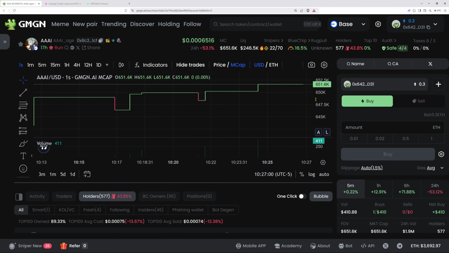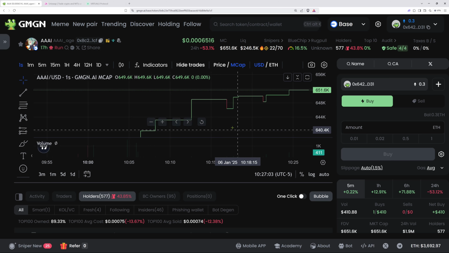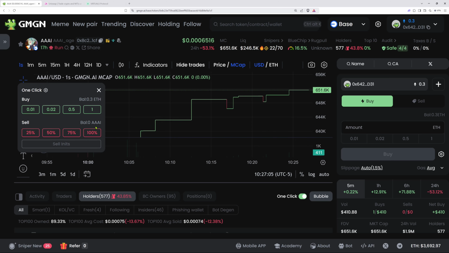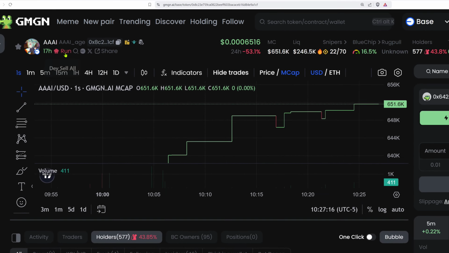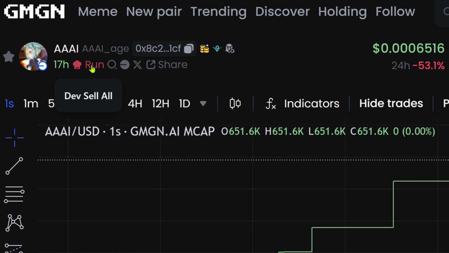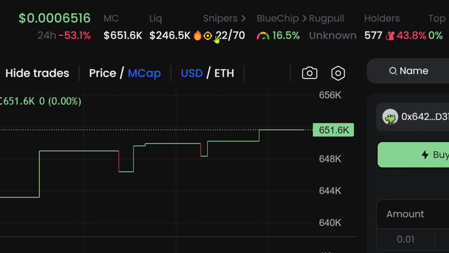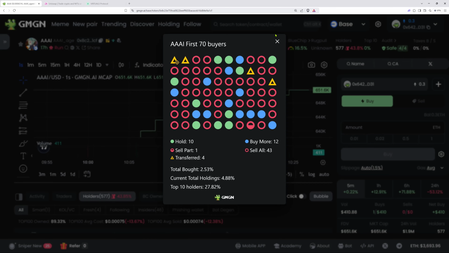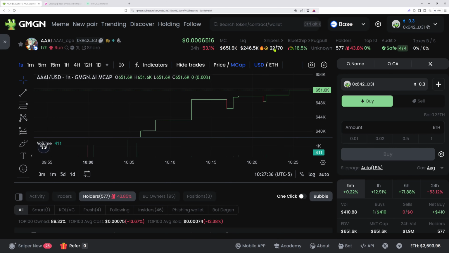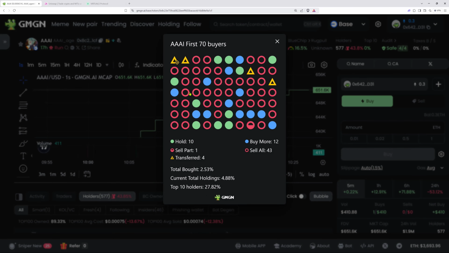Once I click in, it takes us to the actual area where we could trade very fast. So you've got one-click trades. I could press this, and instantaneously, in a matter of seconds, that trade would go through, which is a far faster way than if I was on Virtuals, right? Now, this gives us a bunch of details. For example, the dev has already sold his tokens. That's what this means. So this is something I'm not interested in. Also, this is a very key analytic and metric to have. This is the snipers, which means if I click this, there are 22 snipers out of 70 that are still holding these coins that are waiting to dump, okay?